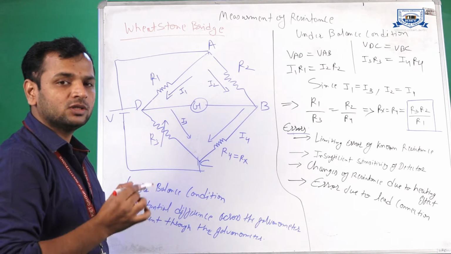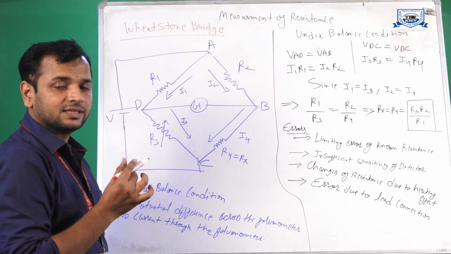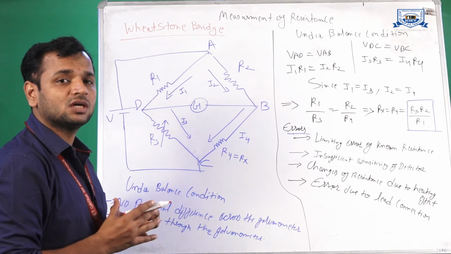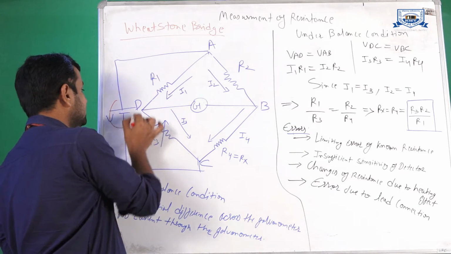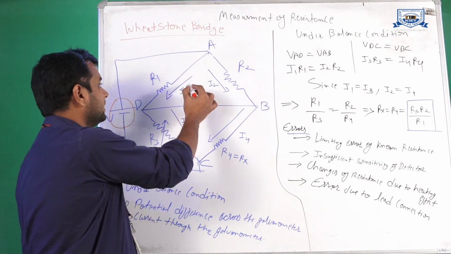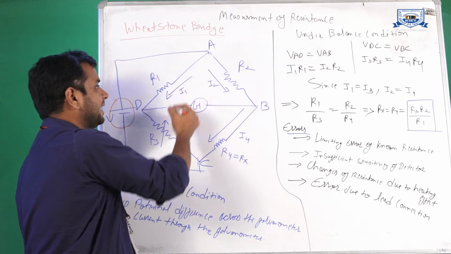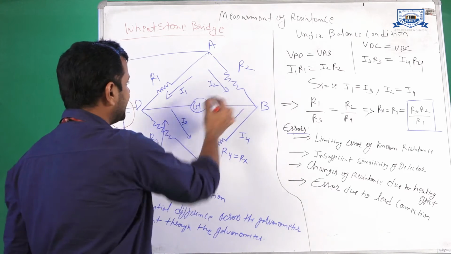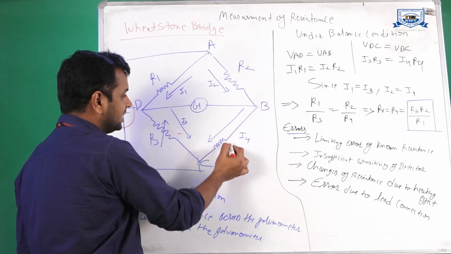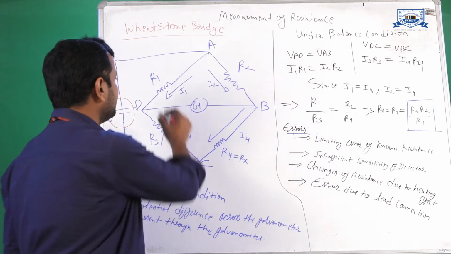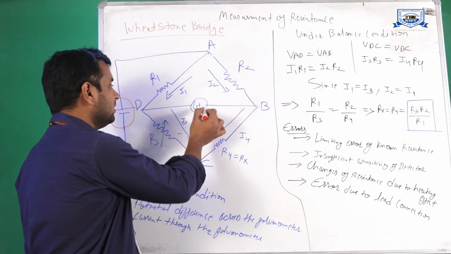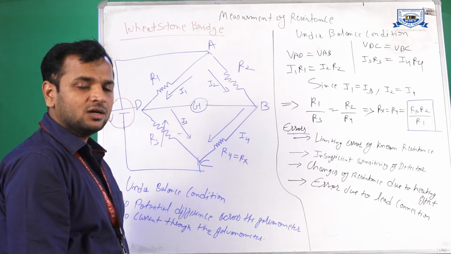As I told you in the last lecture, for measuring the value of resistance we use the DC bridge. So we have used the DC power supply here, that is V. The current in branch 1 is I1, in branch 2 is I2, in branch 3 is I3, and in branch 4 is I4 respectively, with the resistances R1, R2, R3 and R4. And this is the galvanometer that is used for measuring the value of the current.